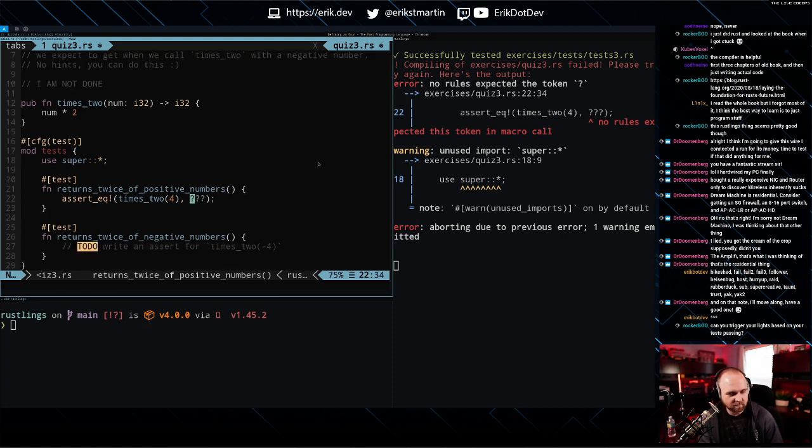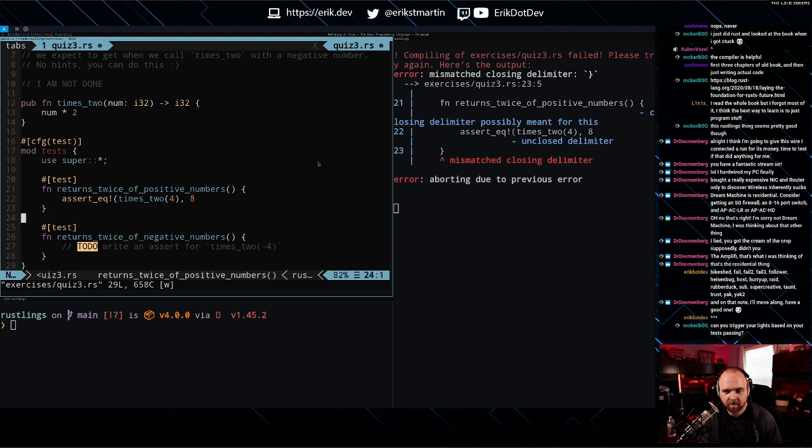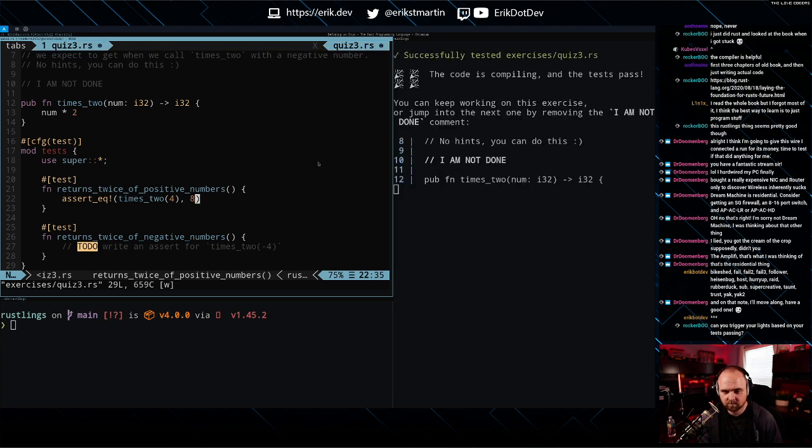Assert equal times 2, 4. Should be 8, right? Oops. Alright, returns twice of negative numbers.